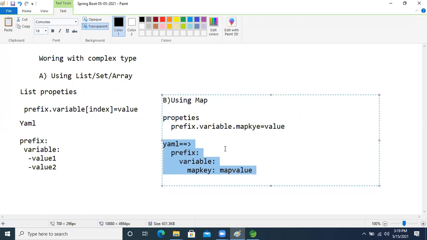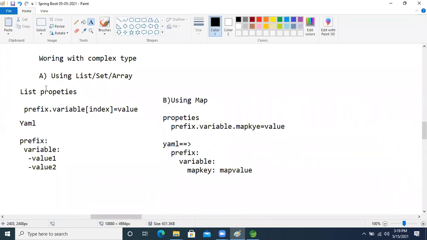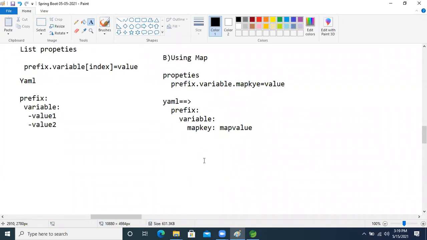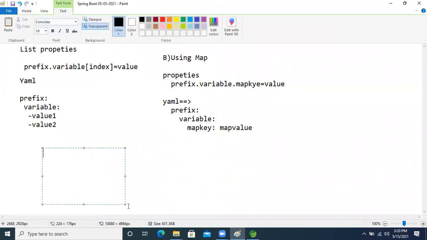Okay, so you explained how we write the list and the map. Now about the association, the has-a relation. If there is a has-a relation between classes, say A class is there and we want to inject the data of B class inside that A class, then a has-a relation exists between these two classes.